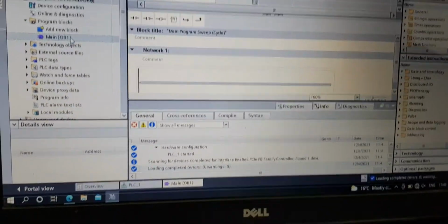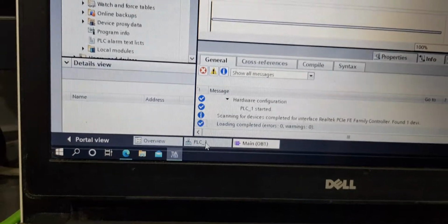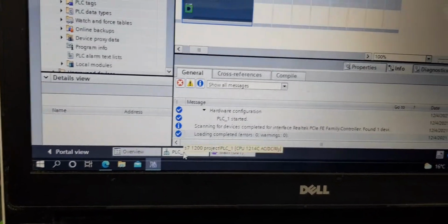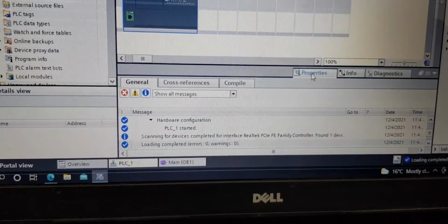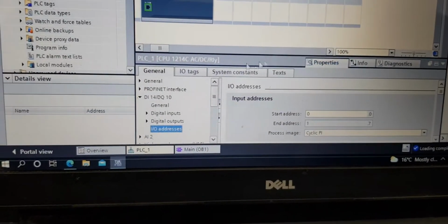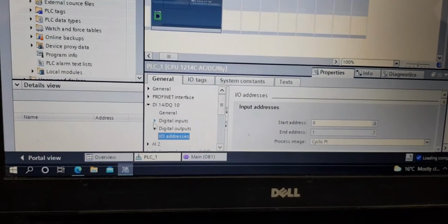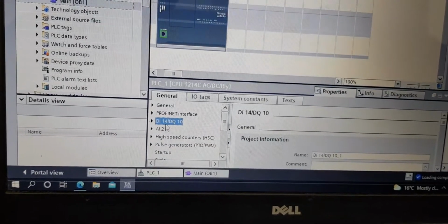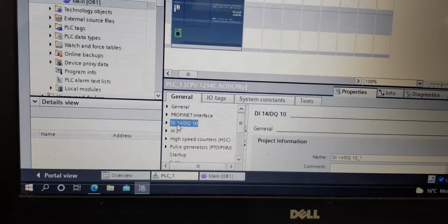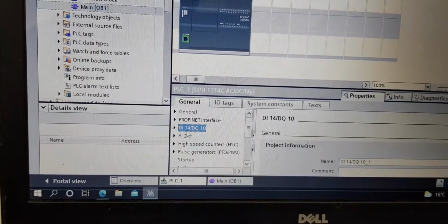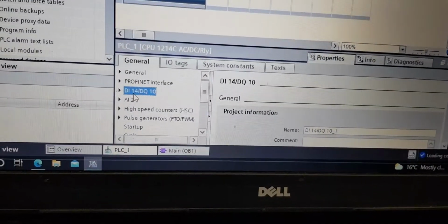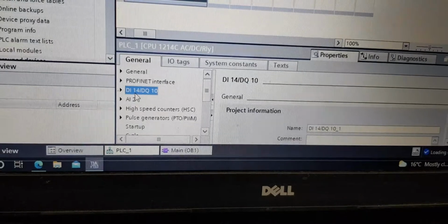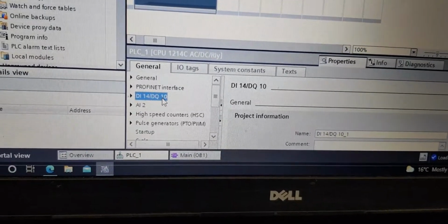Now we can go to PLC_1, then to properties, to see properties and addressing. So here you can see DI14 DQ10. It means 14 digital inputs are there, and 10 digital outputs are there.